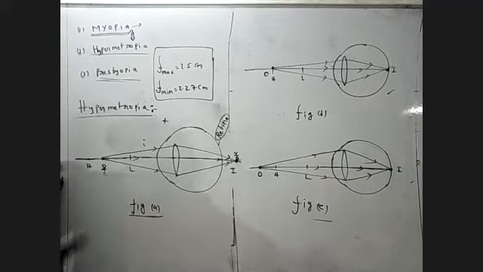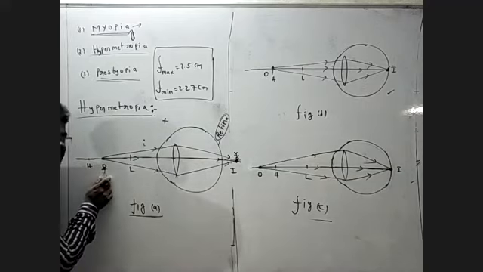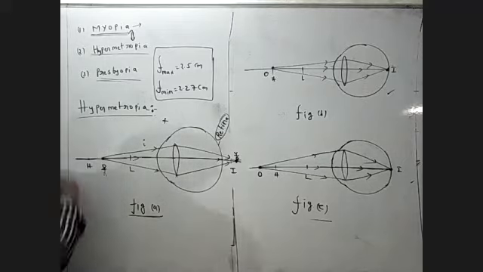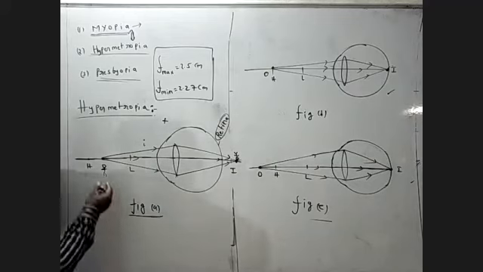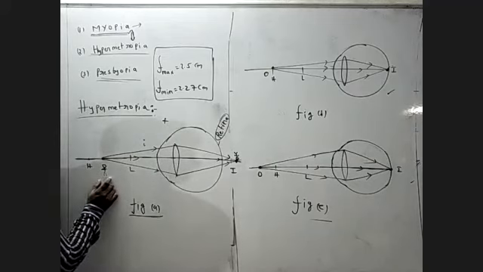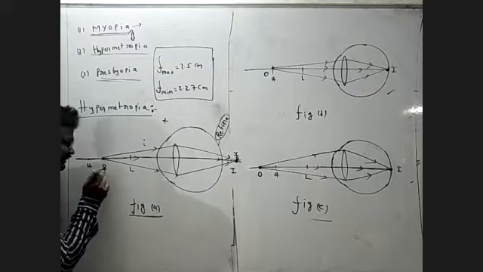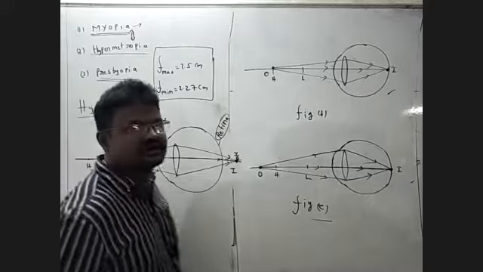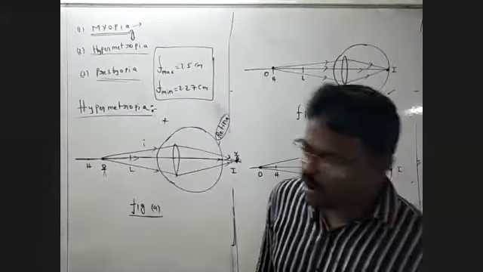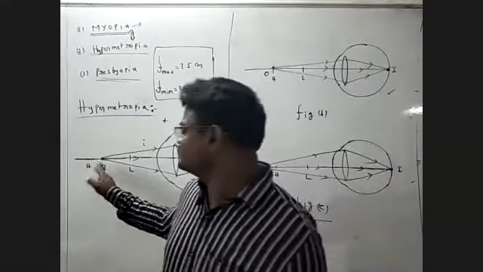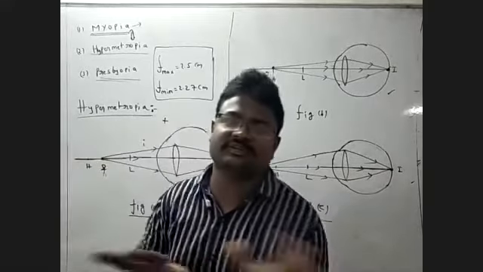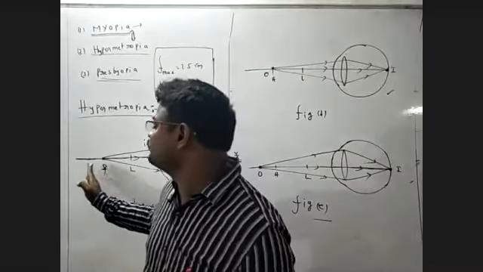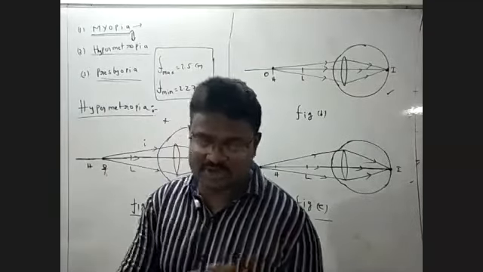The problem is otherwise: the lens brings the image of this object and places it behind the edge. The lens will bring the image of this object on the edge also, and the problem is rectified. So condition number one: this object is placed on the edge, which means the problem is rectified. But every time the object cannot move from this place to here, that is impossible.